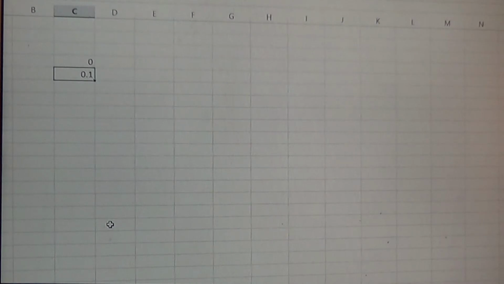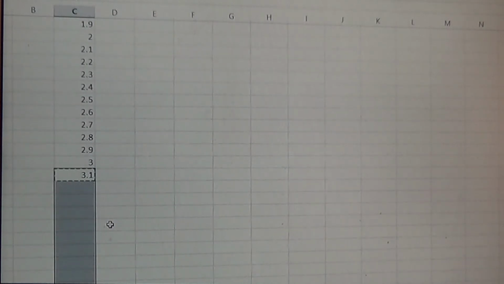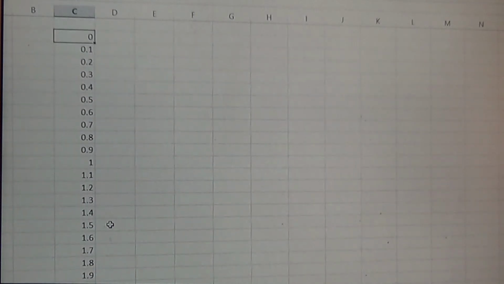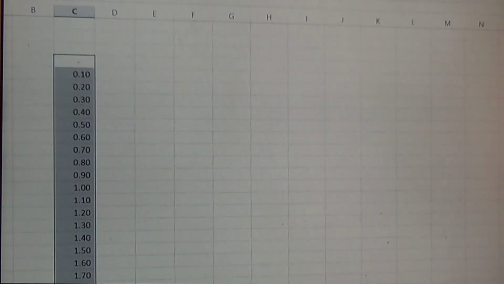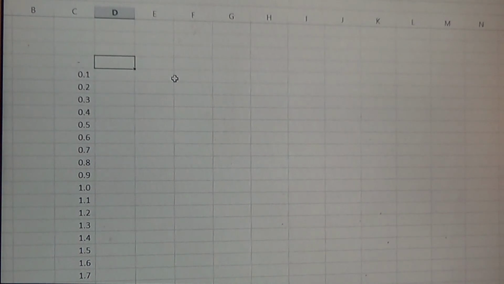we start with 0, and down the side we add 0.1. We just do that all the way down, and you can go, I don't know, down to 4, I guess. 4 is probably more than far enough, so we'll stop at 4. You'll see why in a minute. I'm going to change my formatting so I'll just have 1 decimal. And then across the top, we'll also start with 0. And then here we're not going to add 0.1, but 0.01. And here we only need to go across